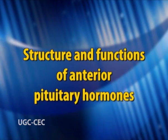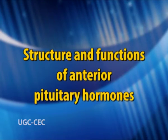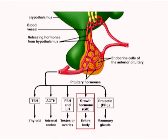Structure and functions of anterior pituitary hormones. In response to hormonal messages from the hypothalamus, the anterior pituitary gland releases the following 6 hormones. GH, growth hormone, increases size of muscle and bones. TSH, thyroid stimulating hormone, stimulates the thyroid gland to release T3 and T4 to stimulate metabolism in other cells throughout